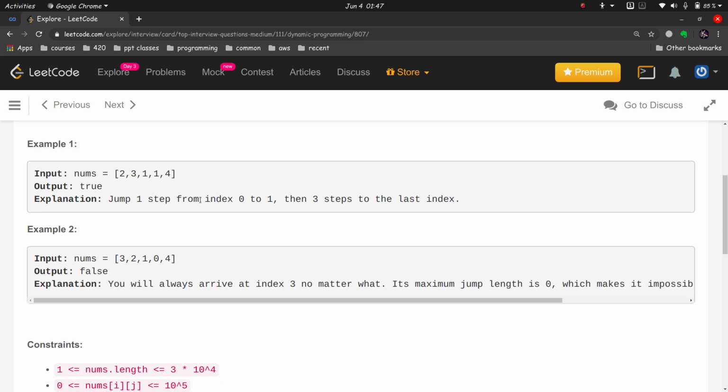A problem can be solved using dynamic programming if it satisfies two criteria. The first is that it should have optimal substructure, and the second is that it should have overlapping subproblems. Don't get baffled by the terms.